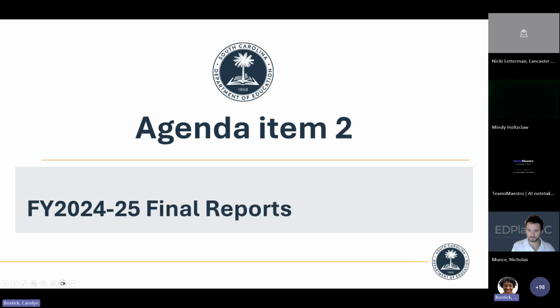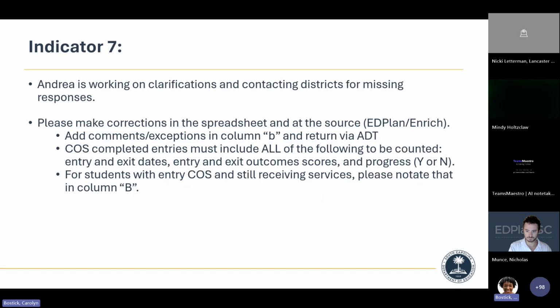Alrighty, next on our agenda, we're going to talk a little bit about the closing out of the 24-25 reports. Right now, Andrea is working on the clarifications and contacting those districts that still have missing data, or she still has additional questions on what was submitted.